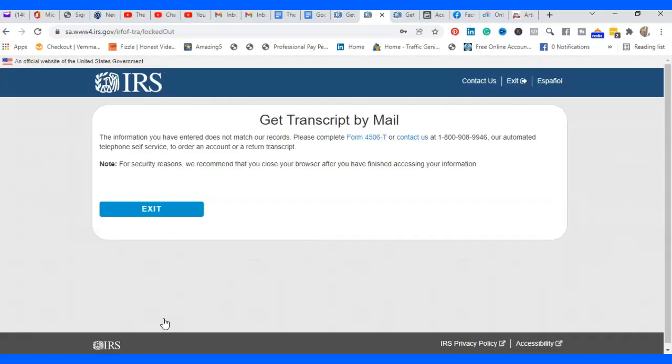So the address that you put in here has to be the same address on your file with the Internal Revenue Service. Because if not, you won't be able to use this function, because this is going to go to the address on record. So if you're trying to get transcripts sent to another address altogether different, but you know that address, then you'll have to put it in this system where to send these transcripts. But hopefully, as long as you got access to that address, that won't be a problem. Because if you try to put in a new address to where you're staying, but the IRS doesn't have that on file, then you can't get the transcript sent to you unless, again, you got access to the previous address